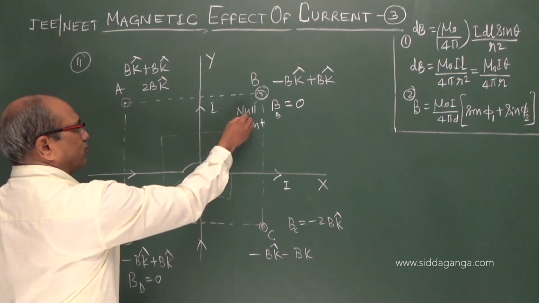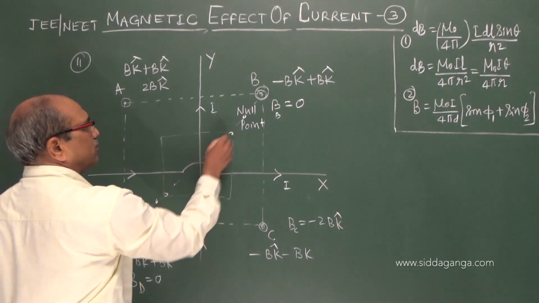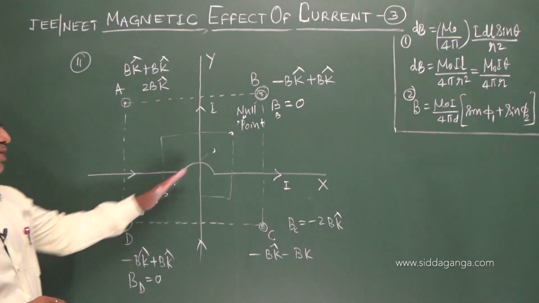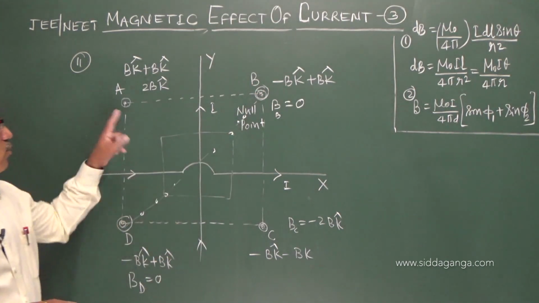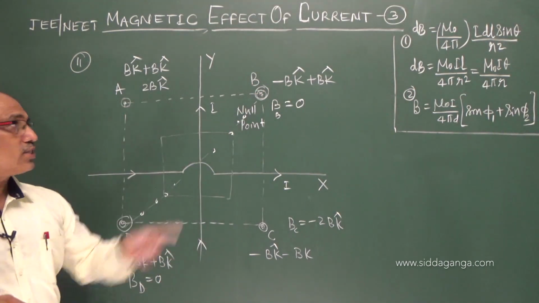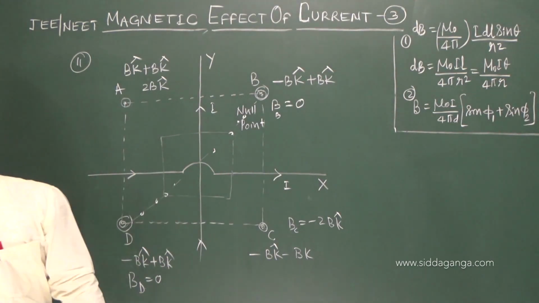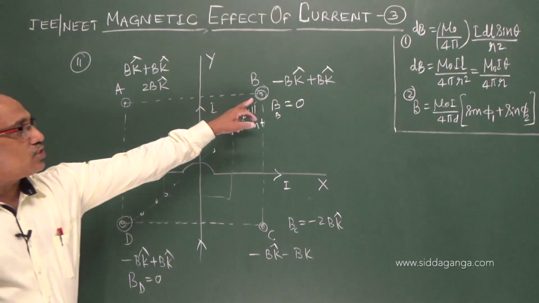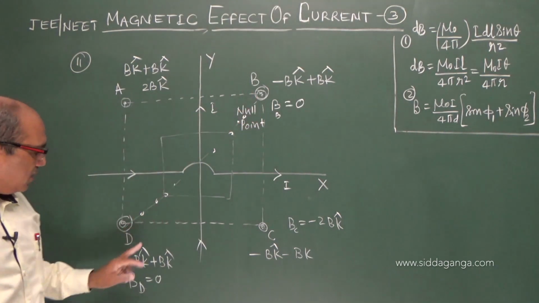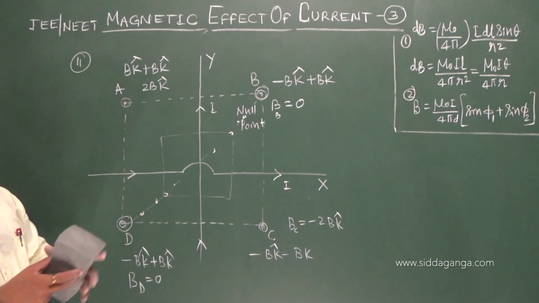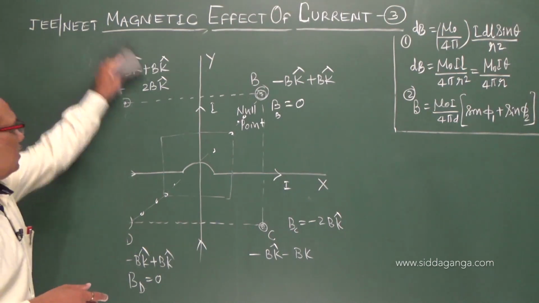This becomes 0. This becomes 0. Likewise, we are seeing the null points on that line. So I hope you have followed how to follow the direction: in the XY plane, the magnetic field exists along the Z direction. That cancelling of the field is possible: field at B is 0 and field at D is 0. At other points it exists. Let us see another example.